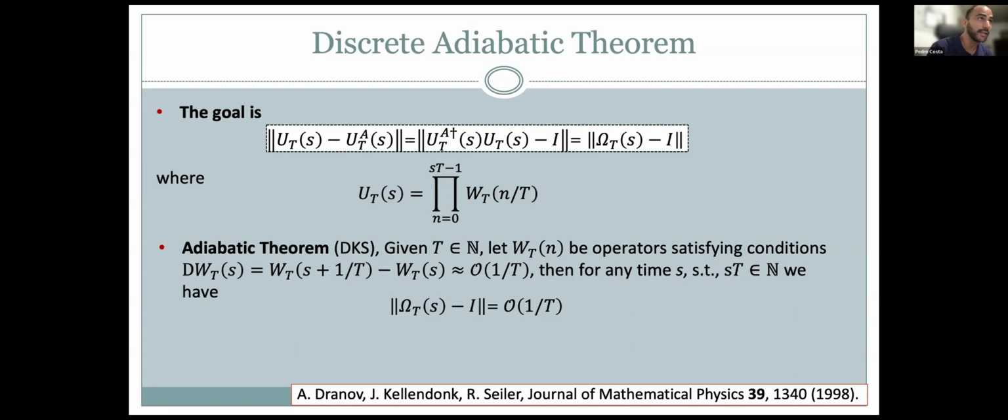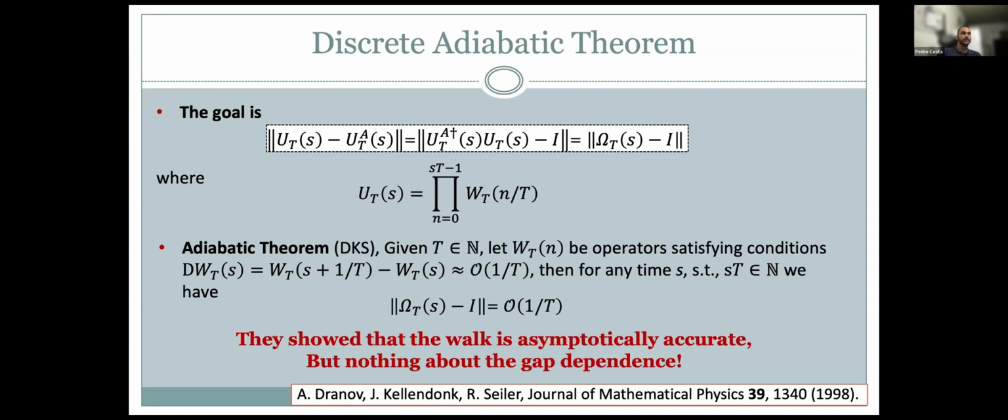And then you can write these unitaries in terms of a sequence of these W operators, which are also unitaries, and you call them the walk operators. So you have these previous results from DKS that show how the walk is asymptotically accurate for solving the problem. But they only give the information in terms of the asymptotic results